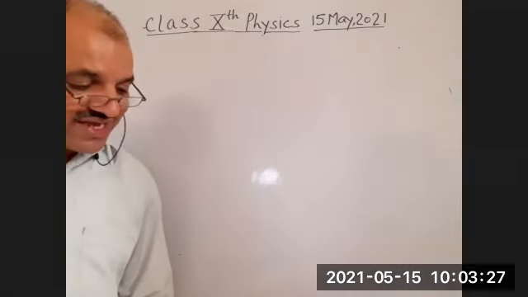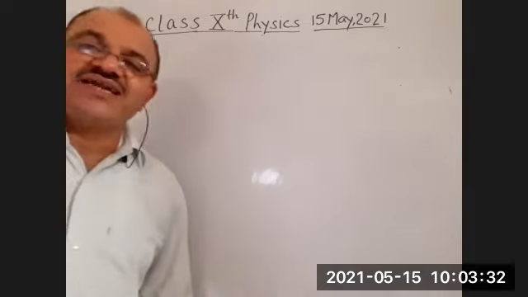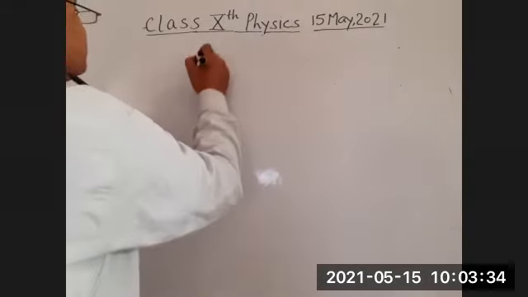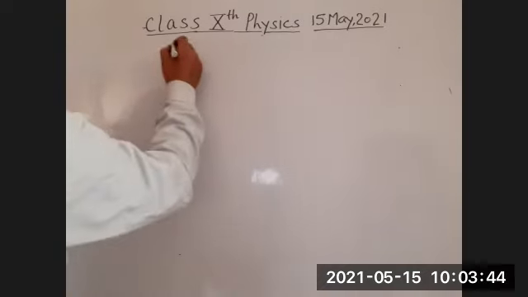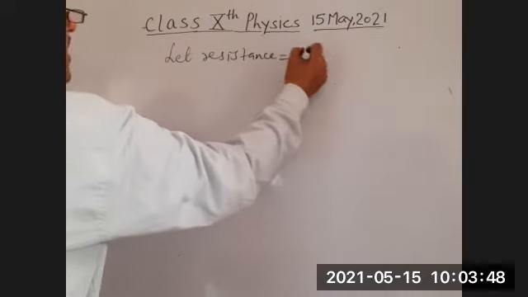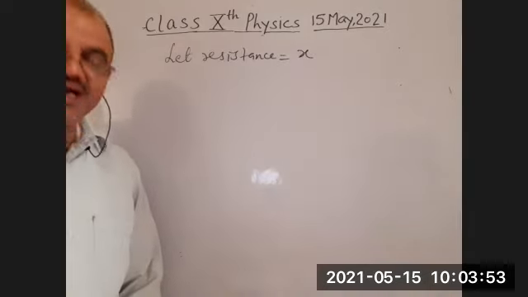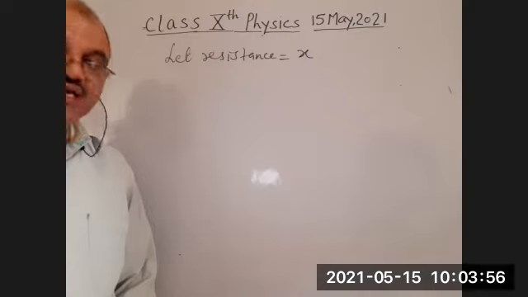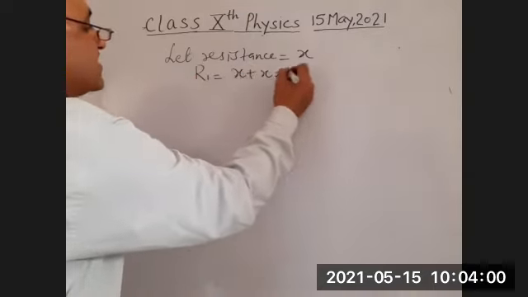स्टूडेंट नाउ गिवन क्या क्या है, when the two resistance of the wire they have the resistance, let कर लेते हैं कि let the resistance is x मान लेते हैं स्टूडेंट. ठीक है, हम उस रेजिस्टेंस को मान लेते हैं x. क्लियर है? when they are connected in series, मान लेते हैं उस समय R1 कितना हो जाएगा,